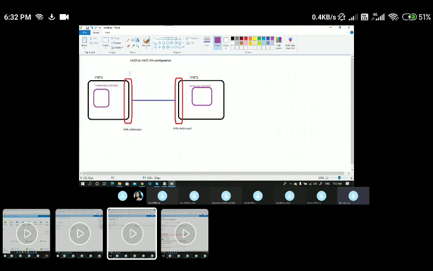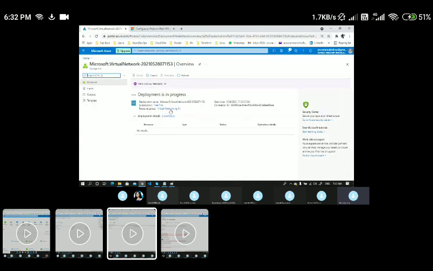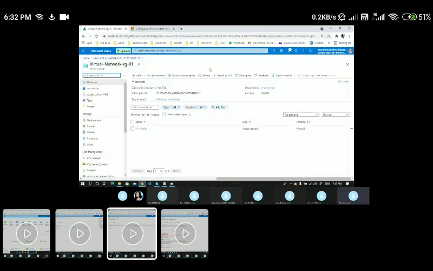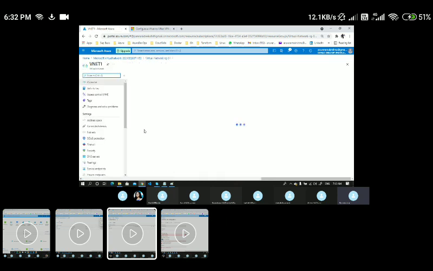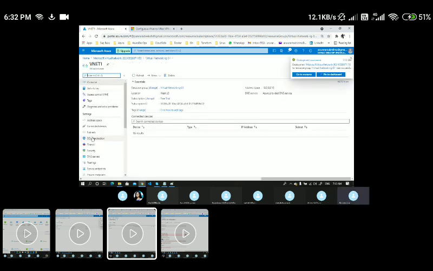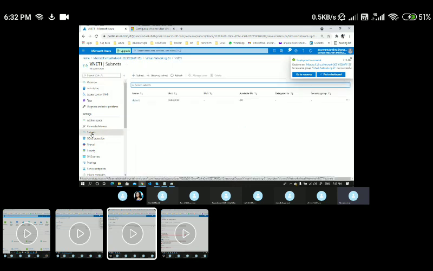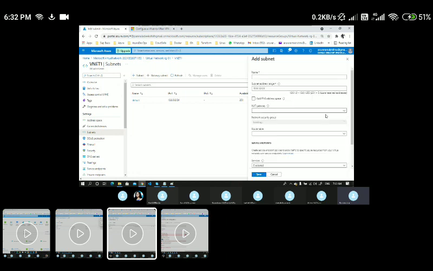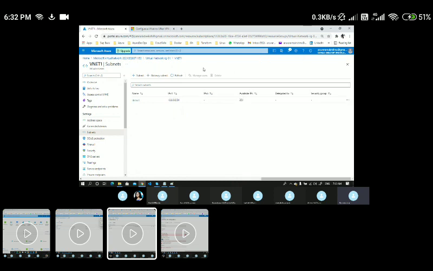Now if I want to create these VPN gateways in both the VNets, I should create a separate subnet called gateway subnet. Let me go ahead and create these gateway subnets first. I'll go back here, go to the resource groups, and within this resource group, if I refresh, I should be able to see both the VNets. Let me navigate to VNet 1, and within VNet 1, navigate to the option called subnets. If I want to add a new subnet, I click this subnet option and enter the IP. Now I have a requirement to create a gateway subnet.